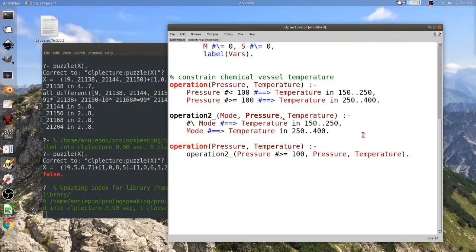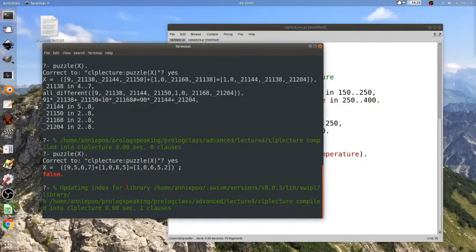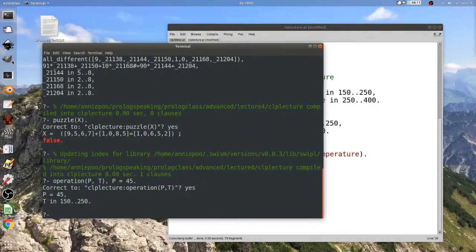And now we don't actually have to have the pressure here, because we're only interested in the pressure to know what mode we're in. Okay. So now we have a constraint on pressure and temperature, and it properly constrains it.